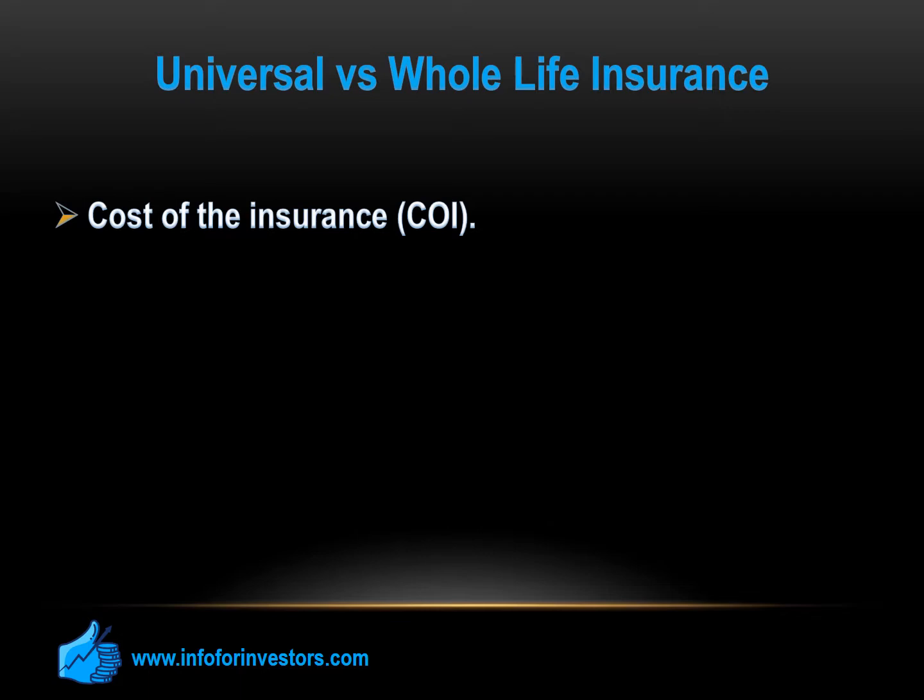The second difference is the flexibility a UL policy offers. The premium on a whole life insurance is fixed and cannot change. Besides, you cannot miss payments without risking your policy. On the other hand, universal life insurance allows people to change the amount of money they owe and even reduce it. In addition, you can also miss a payment without risking the termination of a policy.